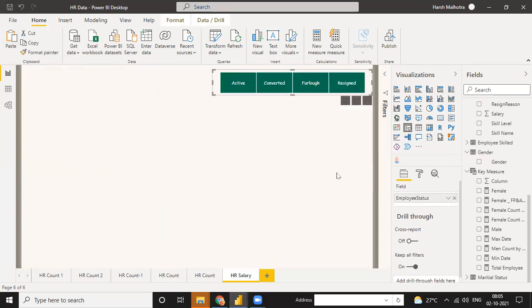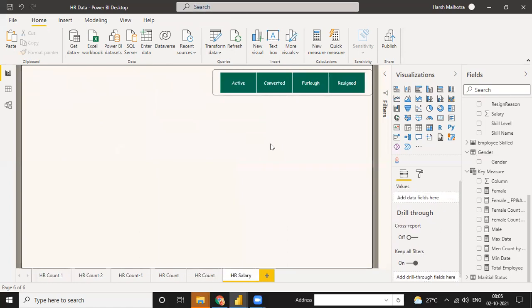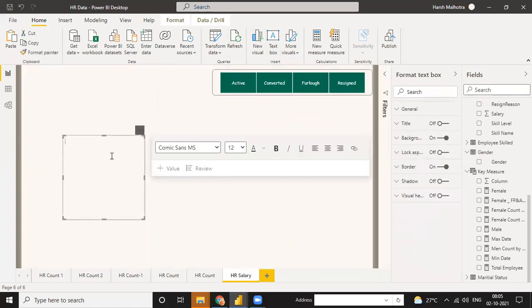And we have to sync. So right now we have a value, the total of active converted. And right now, I'm using a text box as HR analysis.